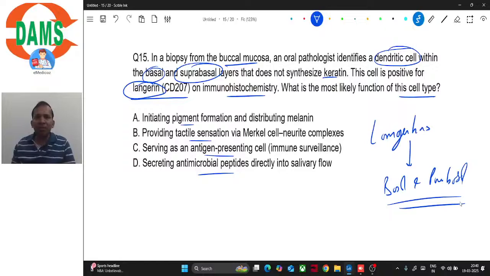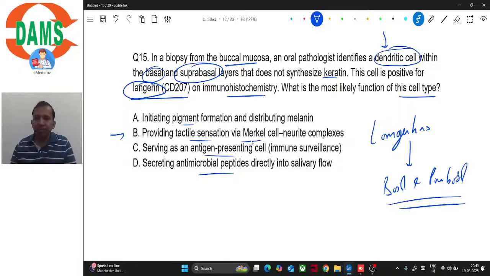They might be present in the basal or para-basal, wherever they want. And they are non-keratinocyte, so they do not produce keratin. Clear? And they are also dendritic. So which other cell is dendritic? It is the melanocyte which is dendritic. Option B, Merkel cells, these are non-dendritic